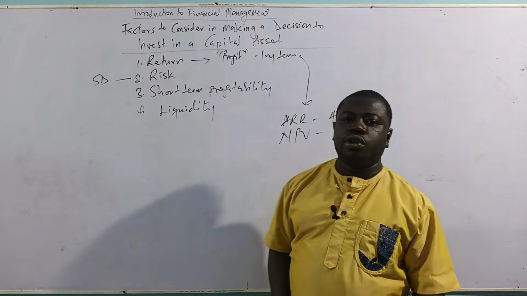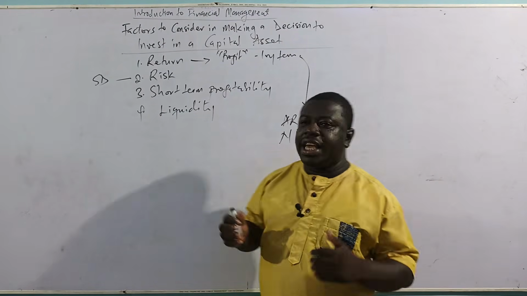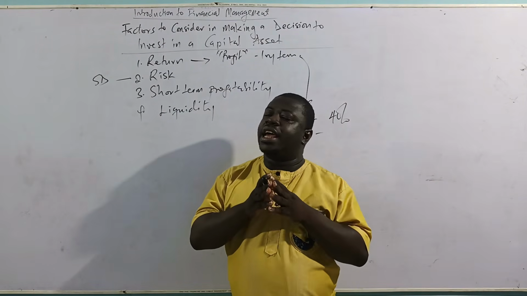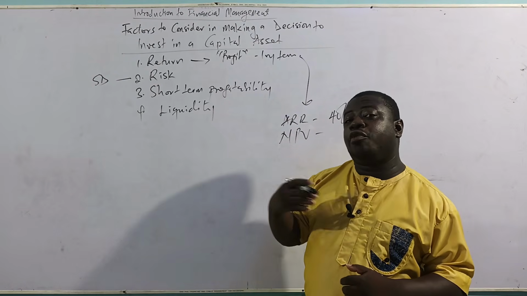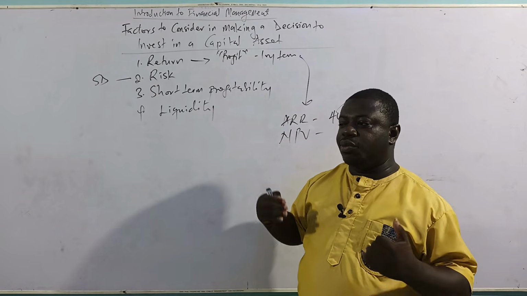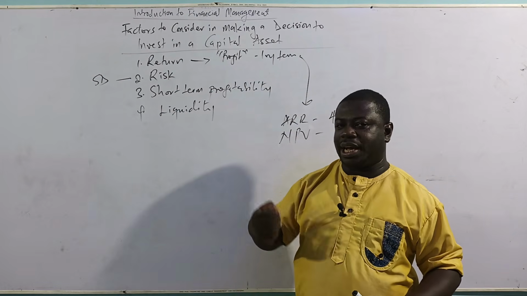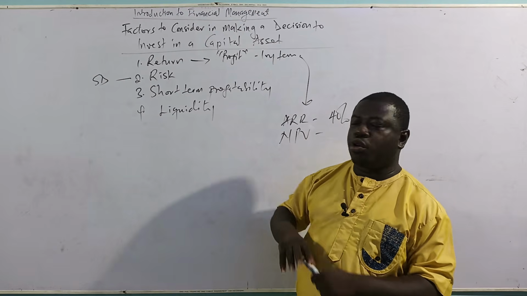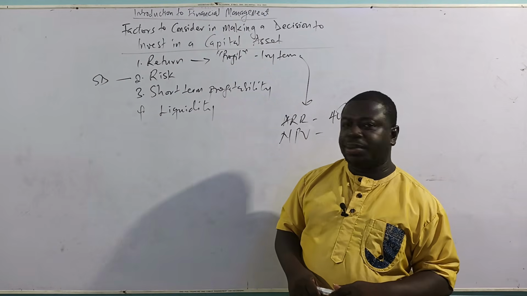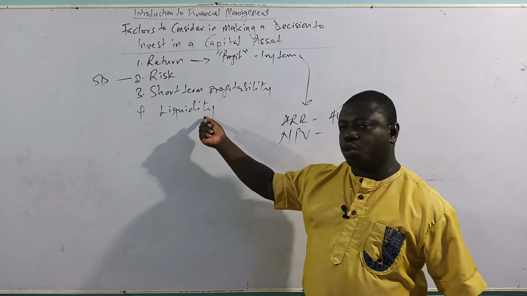And then we also consider the liquidity. What I mean by liquidity is that even though we are investing in a capital asset, however, we need some level of working capital, because as we have brought in a new machine, it means it calls for an increase in working capital. So there will be an investment in working capital. Even though the main focus is investing in a capital asset, there could be some additional investment in working capital, which we should also consider.